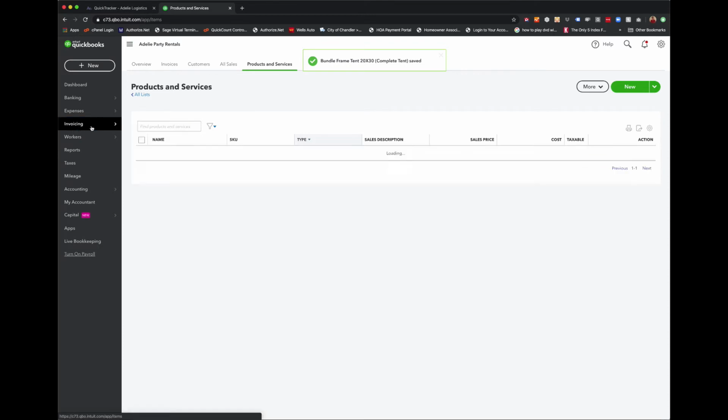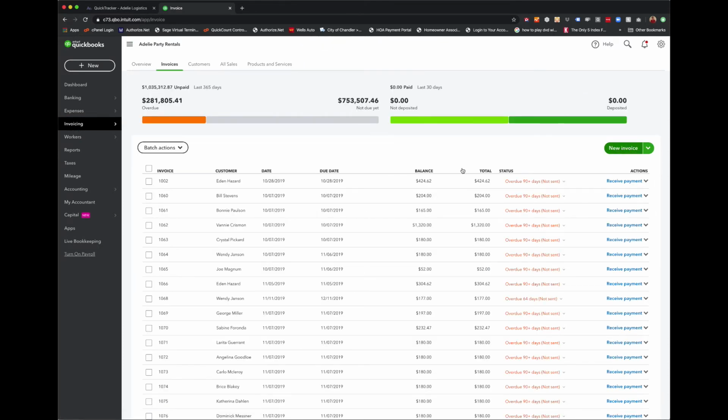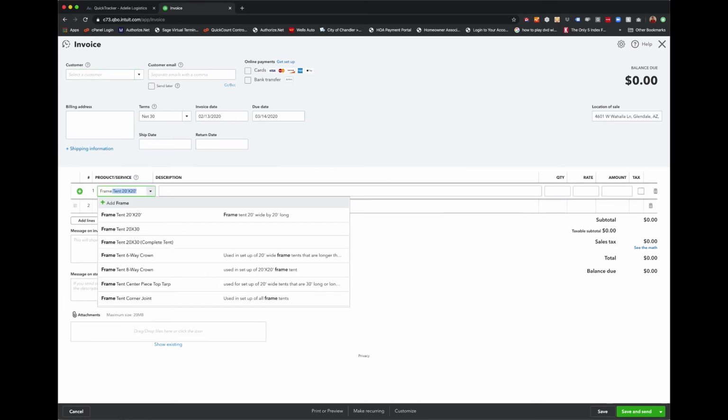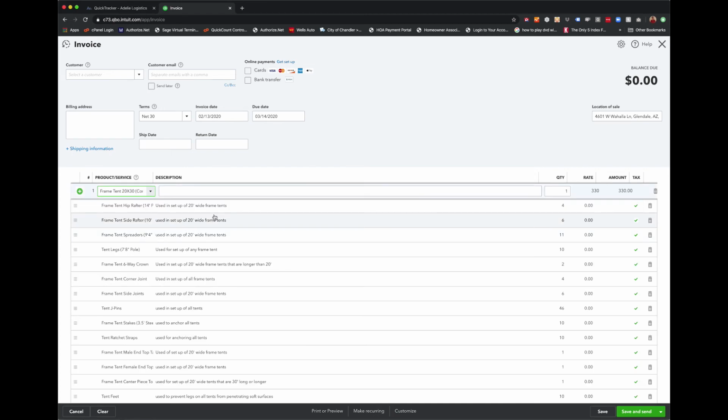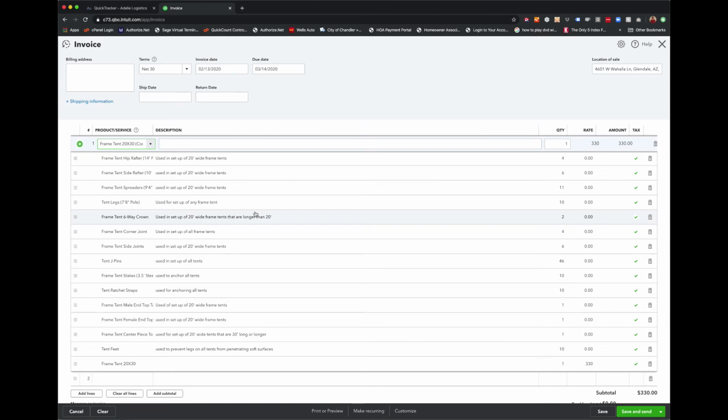We're going to go ahead and add that to an invoice. So we're going to hit invoicing and click new invoice. And we're going to test out this new 20 by 30 frame tent that we have just created. We want to make sure that we select the complete tent. When we do, it's going to populate all of the various components of this tent and their respective quantities